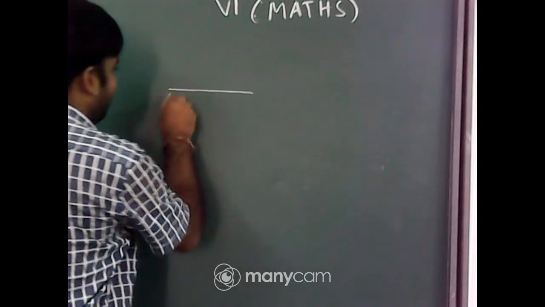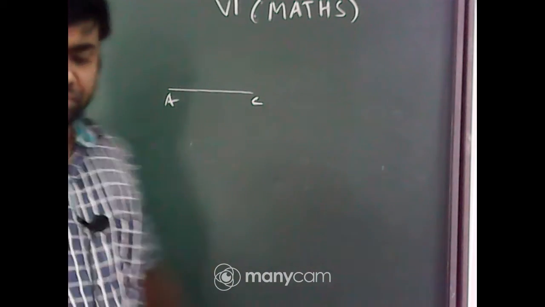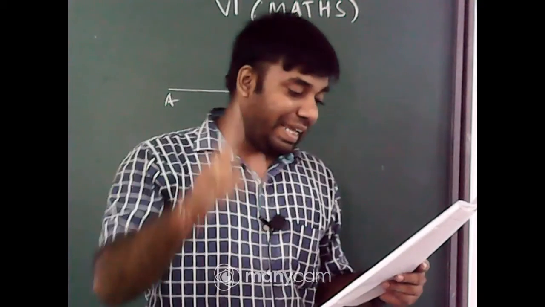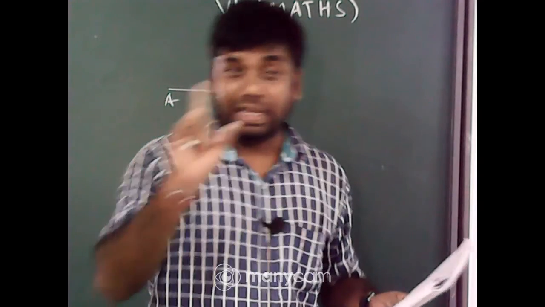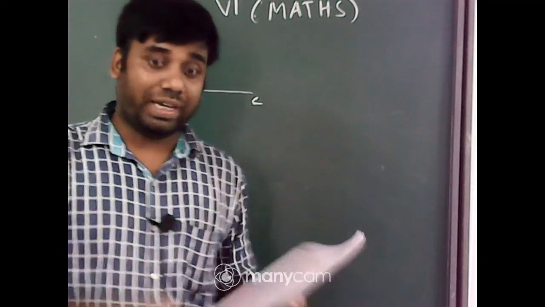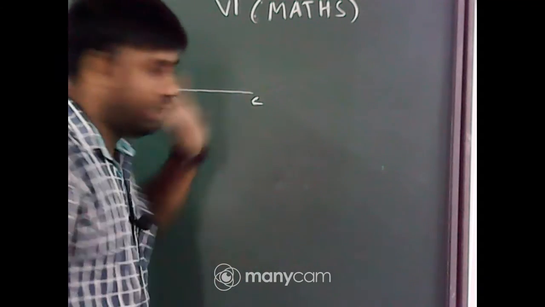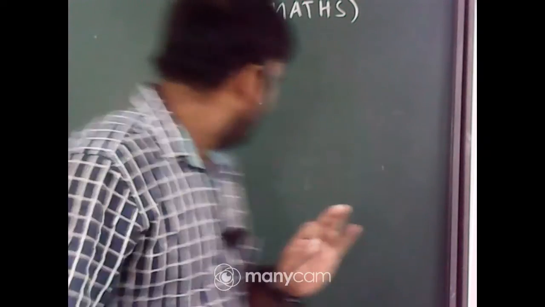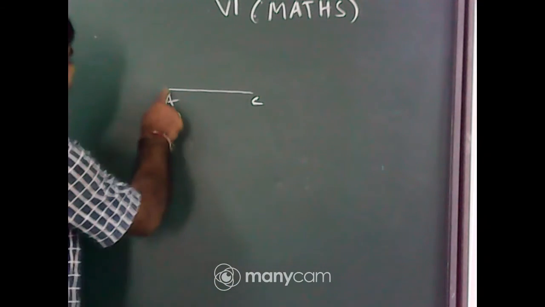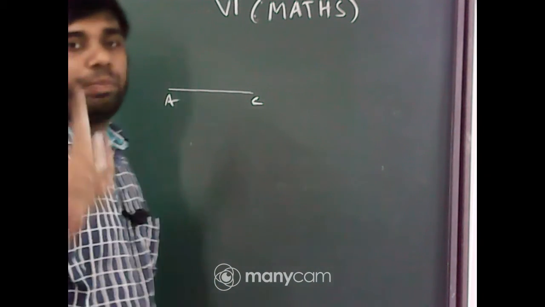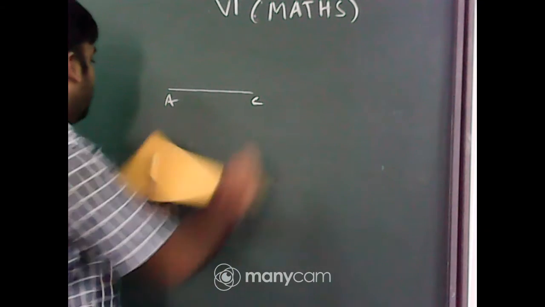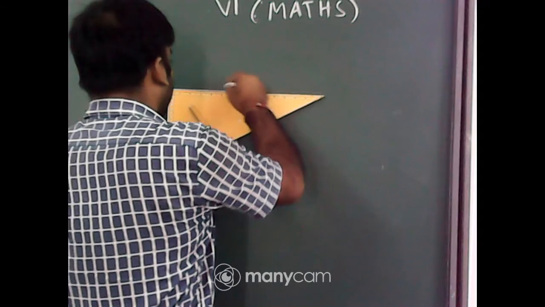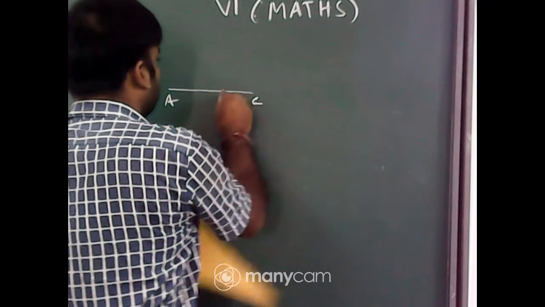That is AC. Okay. Now, what will be the next step? Next step, AB equal to 5 centimeter. First I have drawn AC, so I get 2 points A and C. Then I have drawn AB, AB equal to 5 centimeter. So, I should start from here, and after 5 centimeter I will plot the point B. So, A, B, that point is B.